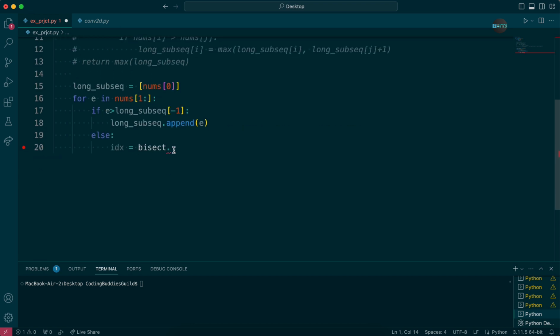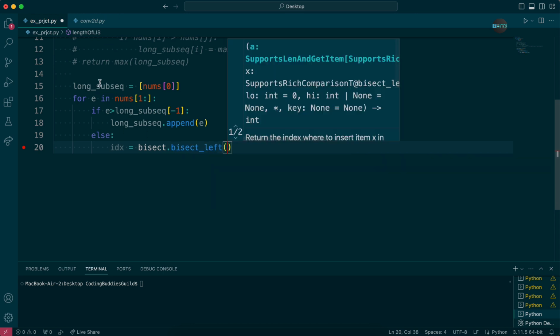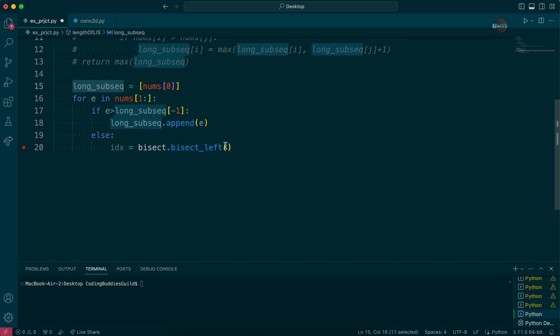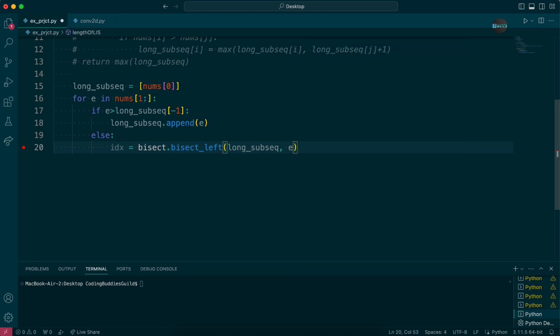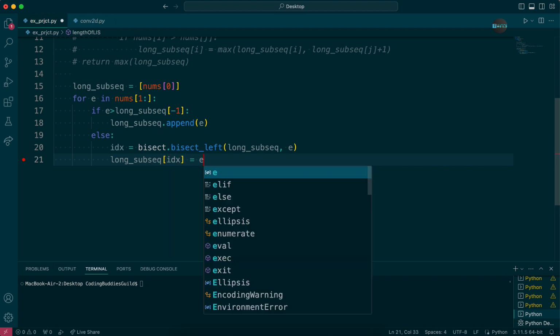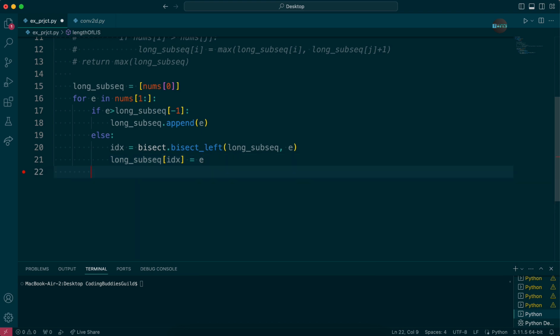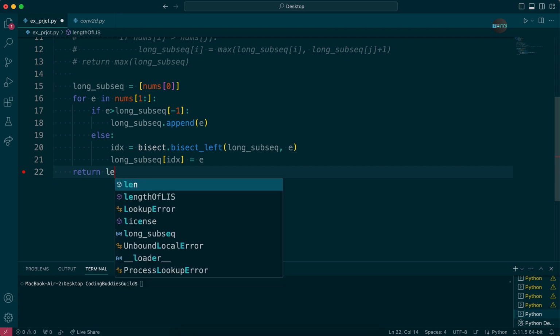And then here I go bisect.bisect_left, right, of this guy and e. I'll explain in a second what it does. And once that's done, I want to return the length of